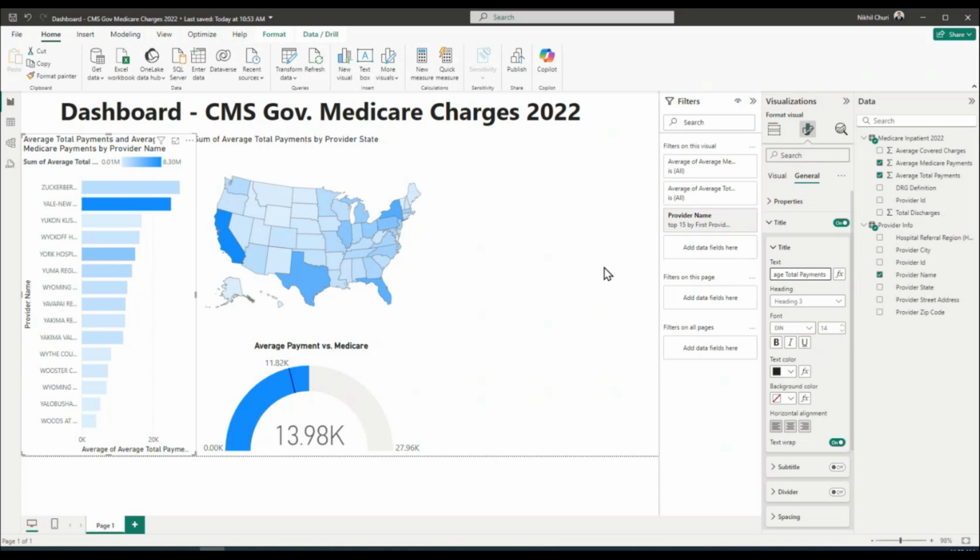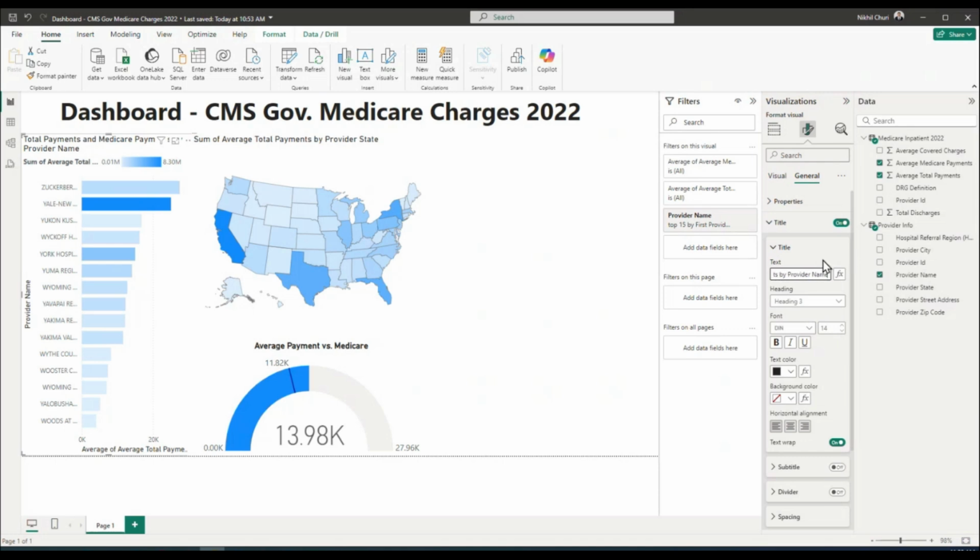I think maybe I'll just take average also out. It's kind of self-explanatory, and whenever I hover my mouse over there, I can clearly see it has that average part there. So I think that's sufficient for me. So total payments and next one. Again, this usually takes a few seconds here and there, so that's totally okay. So total payments and Medicare payments